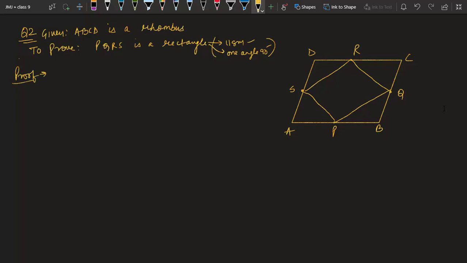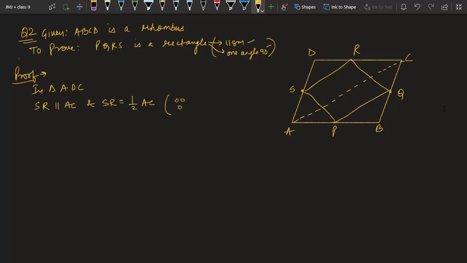First thing, we want to prove it a parallelogram. That is very easy with the help of midpoint theorem. Again, we will join the diagonal AC. This will help us a lot. So in triangle ADC, we can say SR is parallel to AC and SR is equal to half of AC, because you can